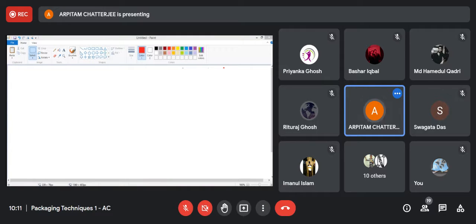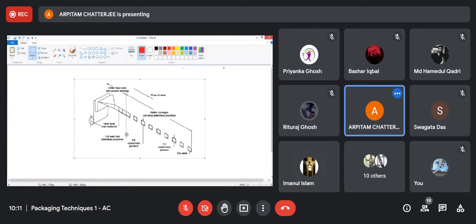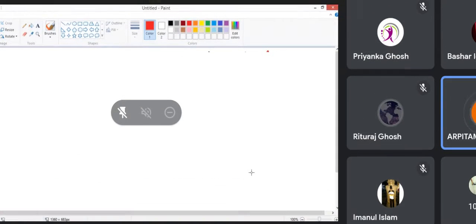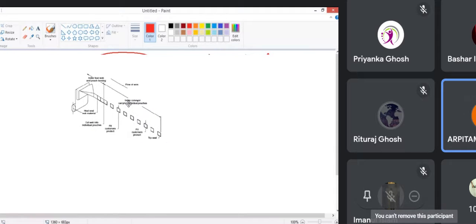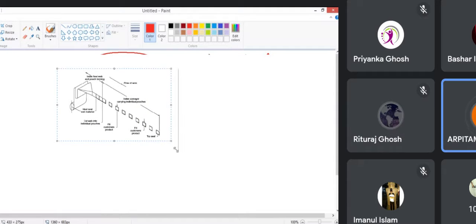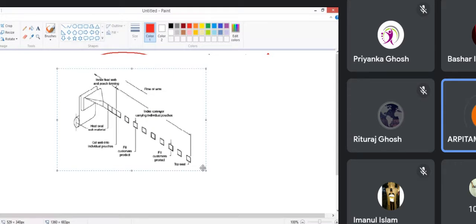So this is the diagram of horizontal FFS. Are you able to see this? Yes, sir. The text may not be very well visible to you, which I am going to tell you. But otherwise, please try to draw these if you have a copy with you. Draw it. I'm just coming with some samples and examples so that you can understand it.